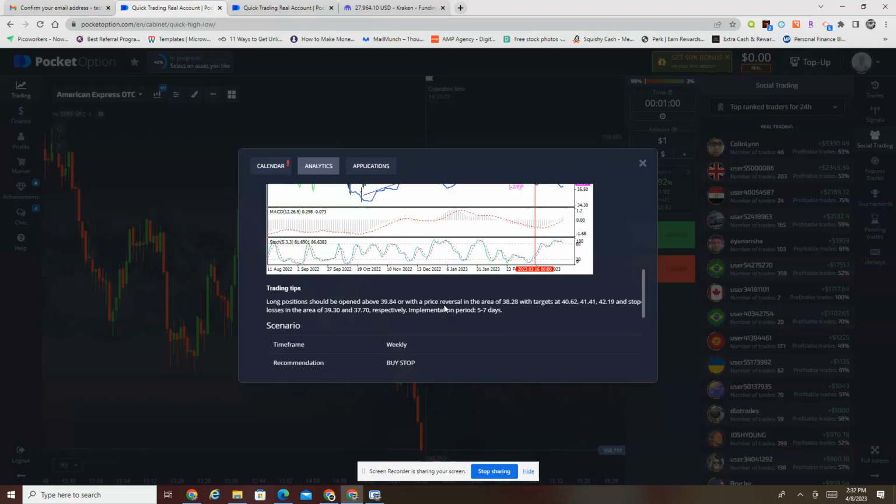Now, if you scroll down, it'll also give you trading tips. Like I said, if you're a person that isn't really hip to reading the charts or knowing when to get in, knowing when to set your stop loss, here are tips. And these guys are pros with it. Now, that doesn't mean that they're always going to be right, but it does give you insight. So a trading tip for this asset would be: long positions should be opened above $39.84, or with the price reversal in the area of $38.22, with target or TP profits hitting $40.62,